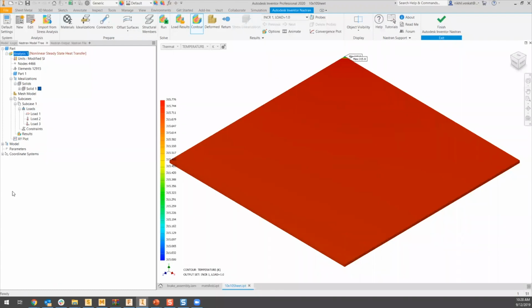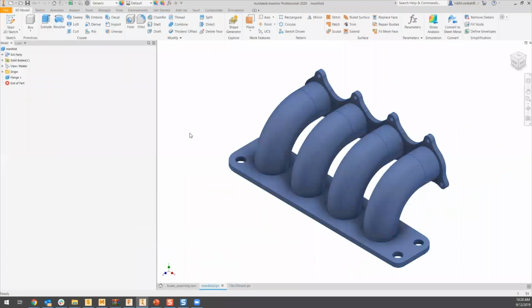I'll just give you a minute to fill in all your questions while I jump into the next model that I had here. No worries. And Nikhil, while you're jumping over there,